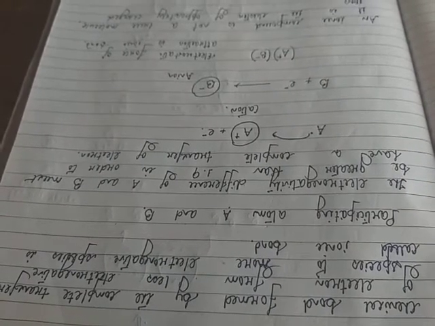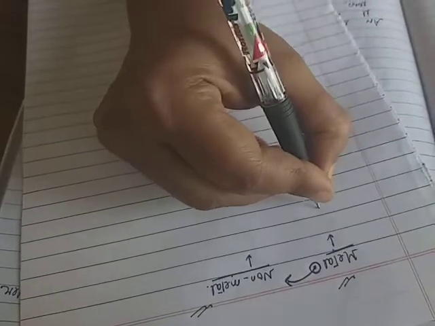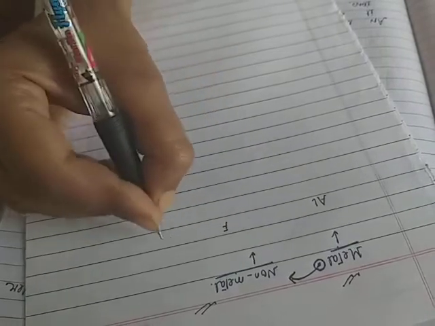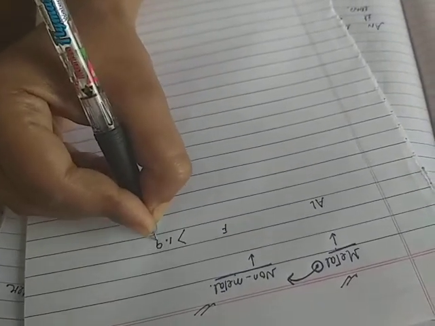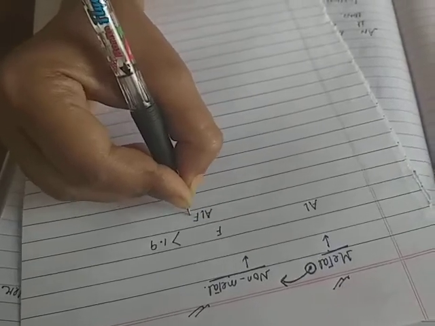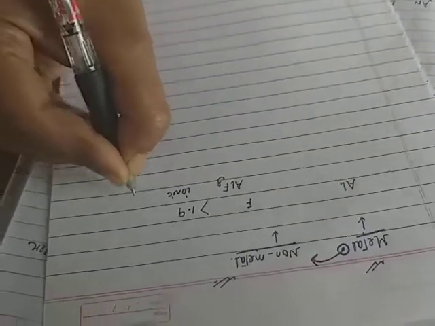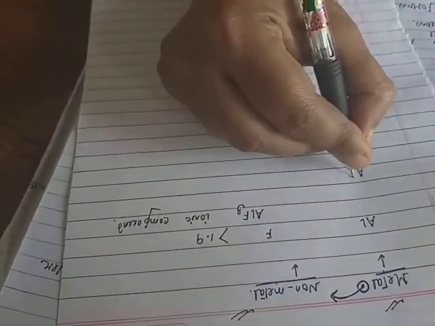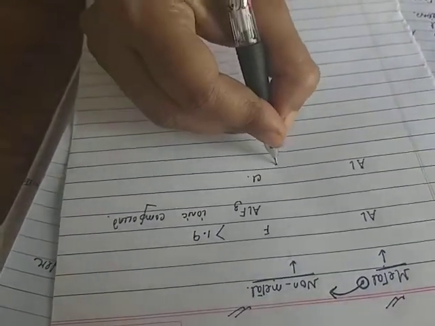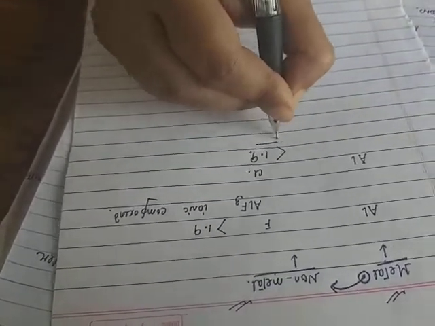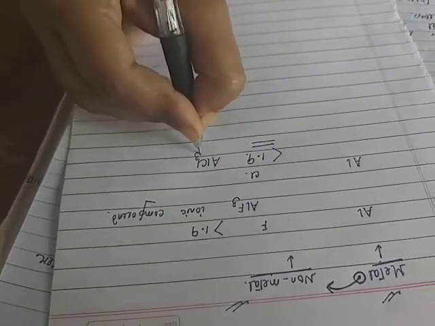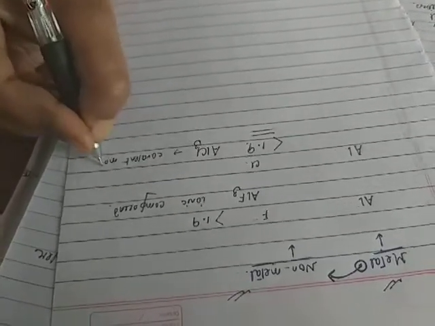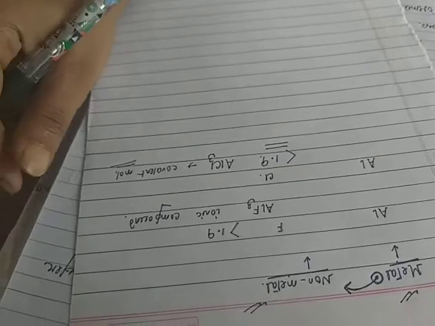For example, the electronegativity difference of aluminium and fluorine is greater than 1.9. So AlF3 is an ionic compound. But aluminium and chlorine, the electronegativity difference is less than 1.9. So AlCl3 is a covalent molecule, and you have seen that AlCl3 in the context of limitation of octet rule,